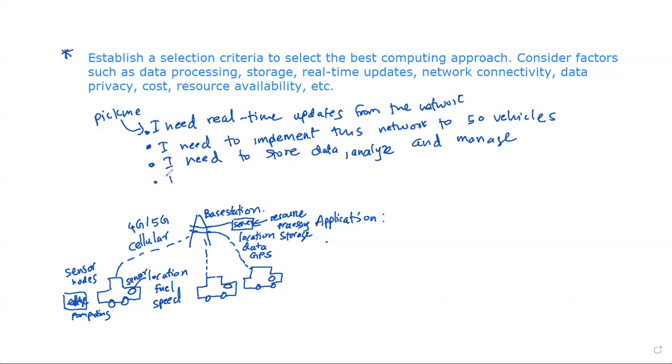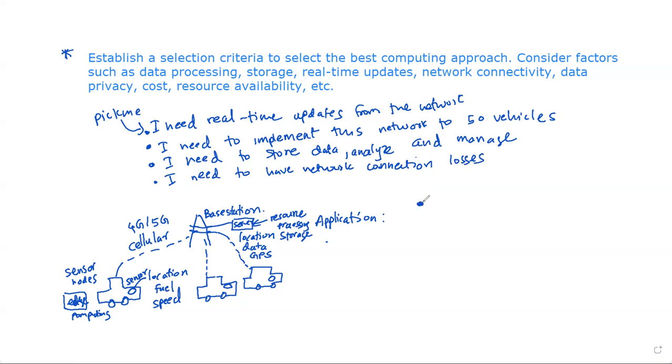And then I will say I need to have less network connection losses. So likewise, I can say I need these things. I can demand, right? These are the performance that I need from this network. So based on those demands that we specify for this network, we select the best computing technology for this application,